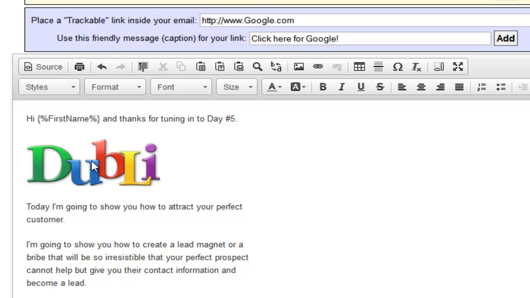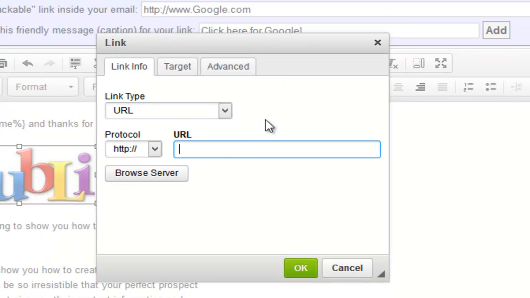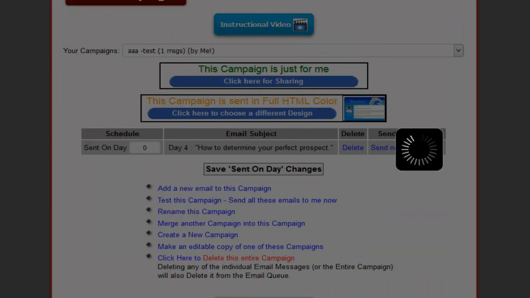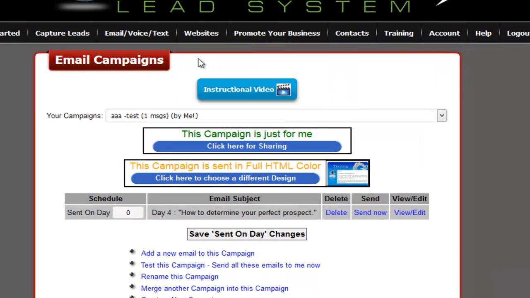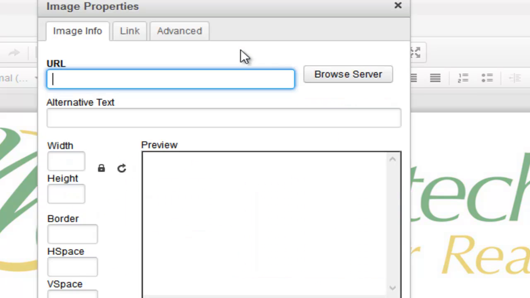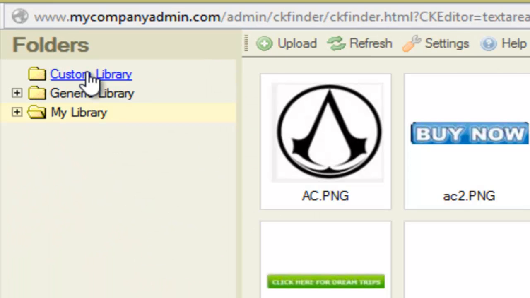And if you wanted to make that clickable to go to a website, just click on the image and then click on the little link icon and then type in whatever URL you want that to link to. So I'm going to jump back over to the web page I was just working on. I just want to point out that if you click on this image icon, click on Browse Server, and if you click on Custom Library,